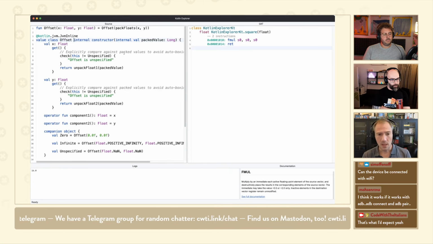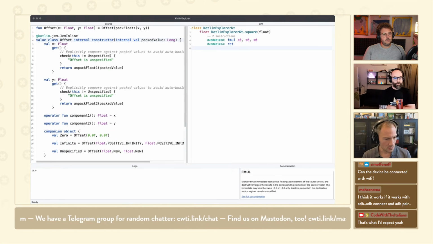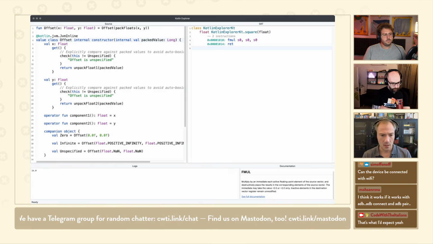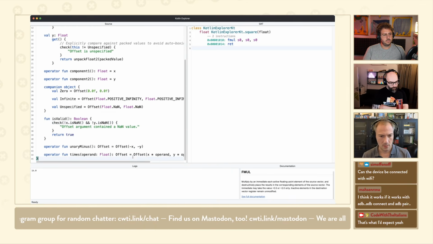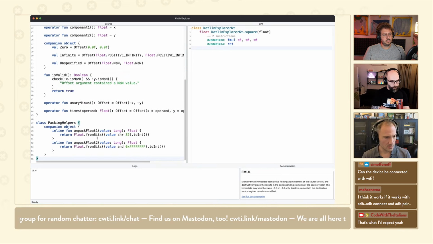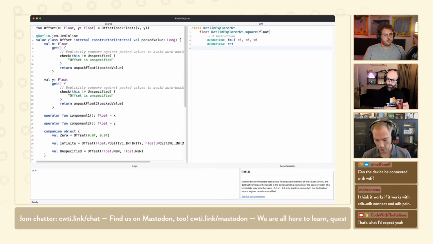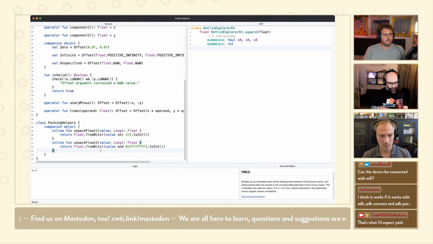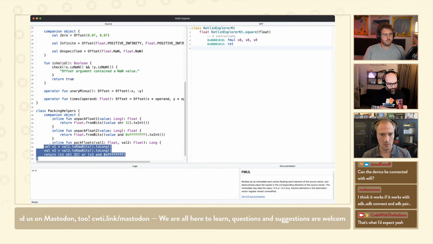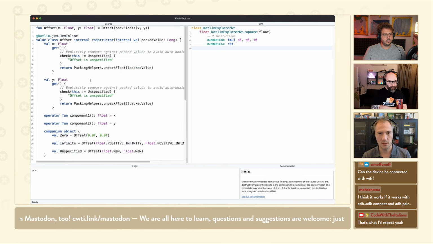It works really well. Let me finish writing the code real quick. I'm just going to add this packing helper. I'm trying to bring the code back to how it was when we originally created this class. Then we have an extra function here. So I'm going to show you real quick. Again, the idea is to, and let's see if it compiles.